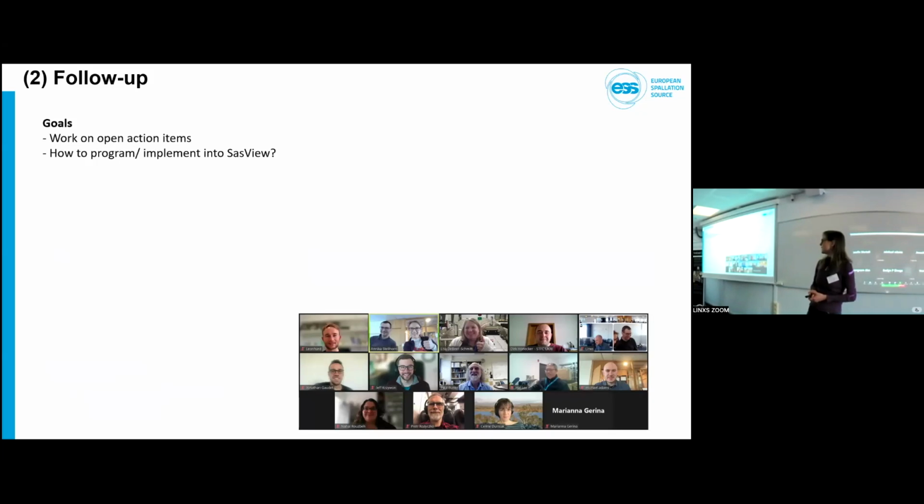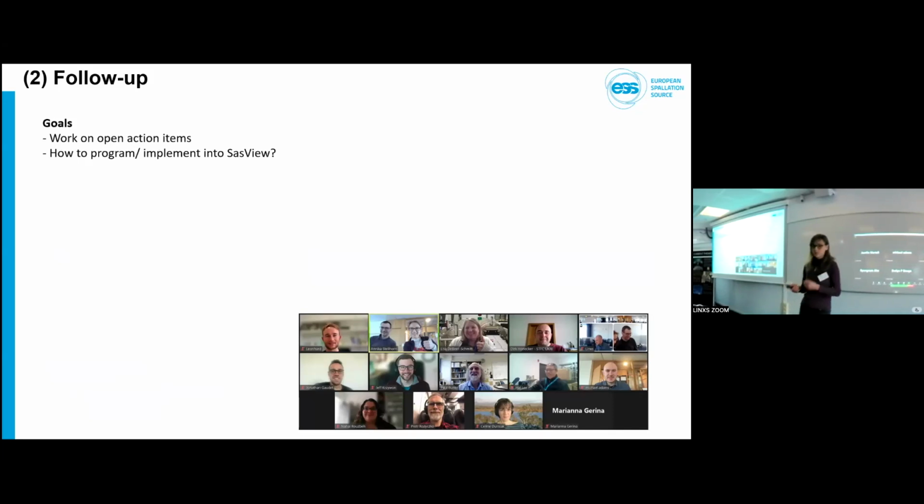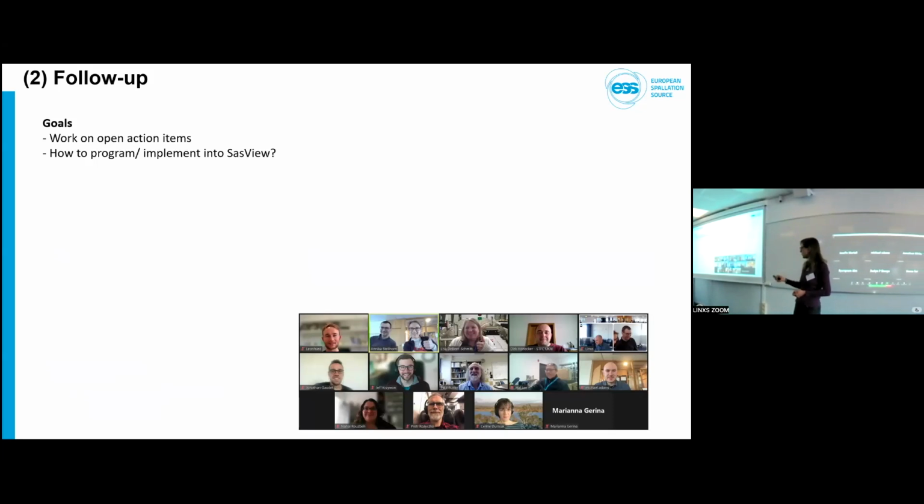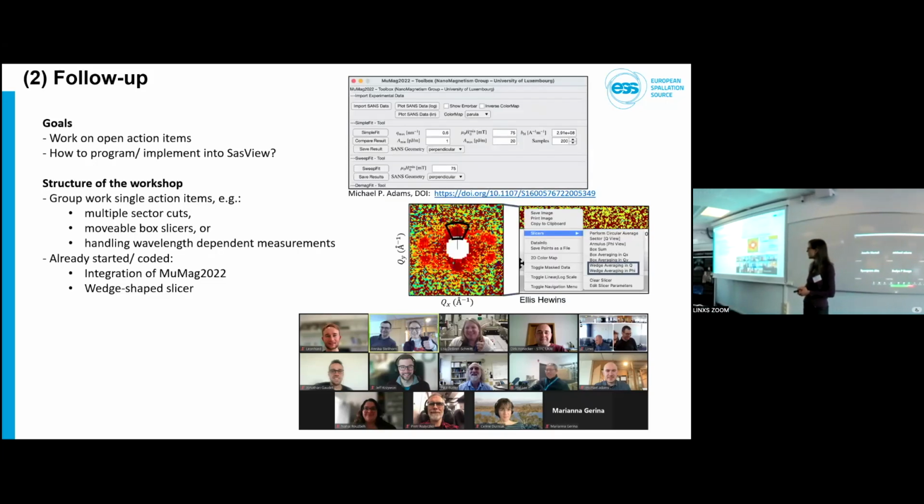And so in the second follow-up workshop we worked on the open action items from the first workshop and specifically thought about how to actually write the code for this. And we ran it as an online workshop, because as you also see, these are people from all over the world, and a lot of them from the USA. And then you see that it gets more and more expensive if we run this on a half-year or one-year basis. And in this workshop, we sat down, for example, to see what we can implement into SASView